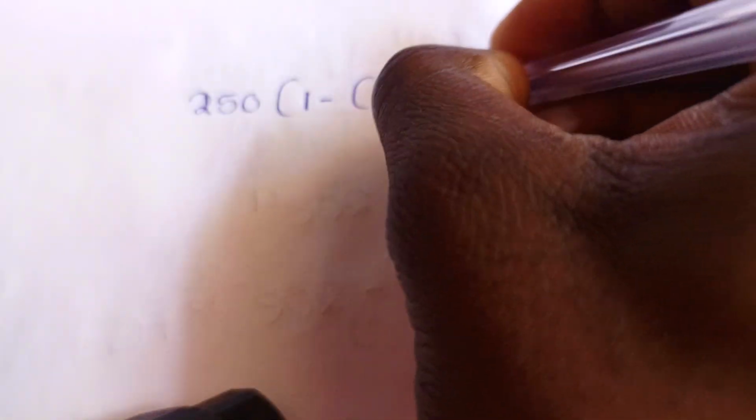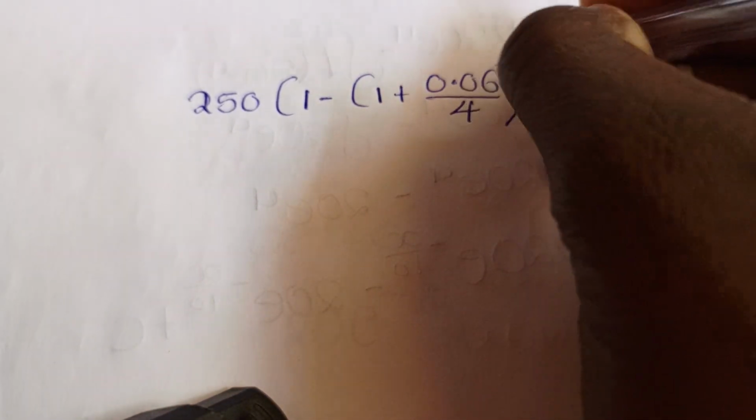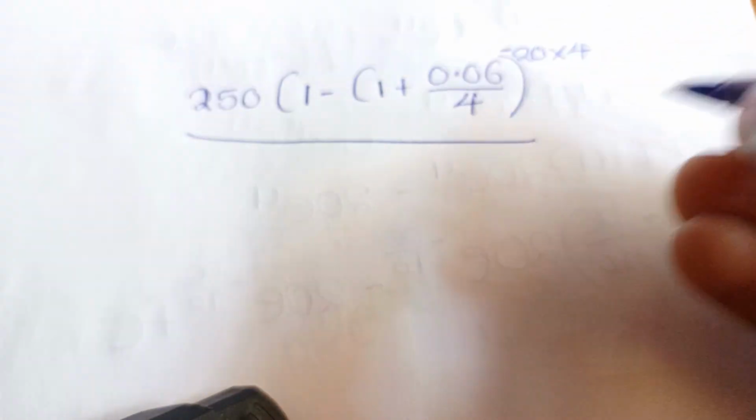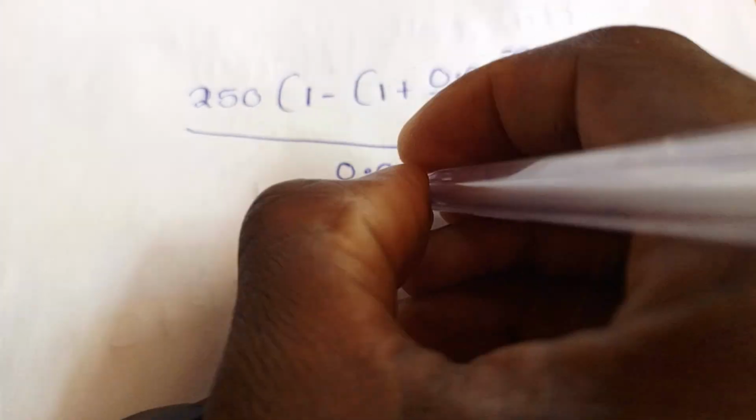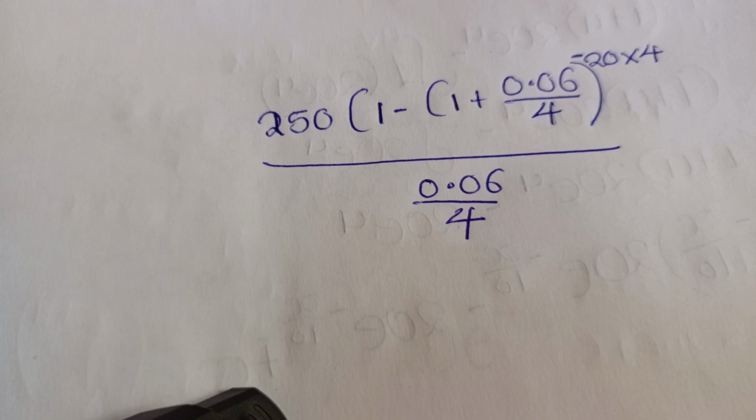You have the R to be 6%, in this case 0.06. Remember they said quarterly, you divide this by 4, you multiply the 20 by 4. Remember there is a negative here. Over 0.06, divide this by 4. Now, you just go directly 0.06 divided by 4, that is 0.015 plus 1 to the power negative 20 times 4, giving you